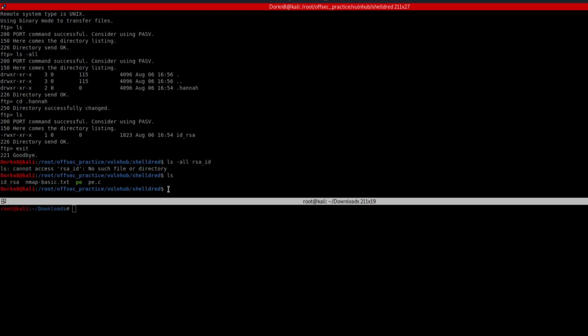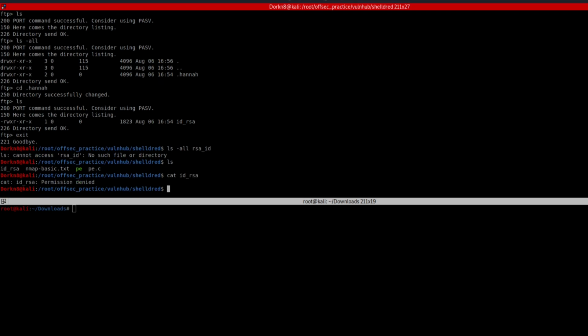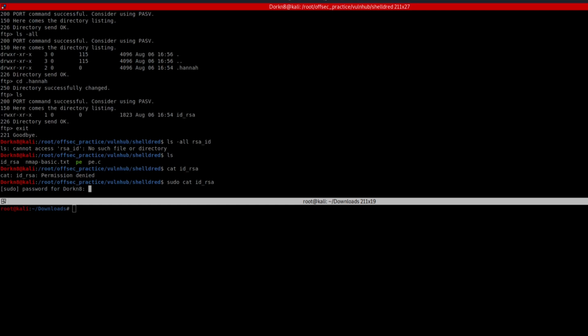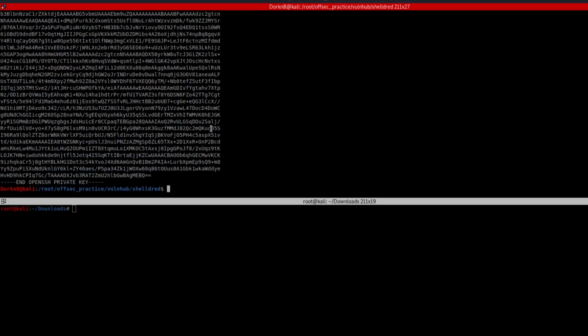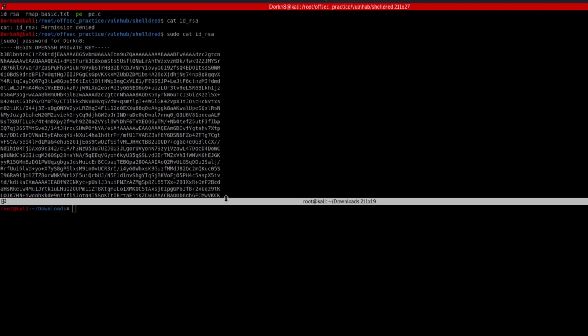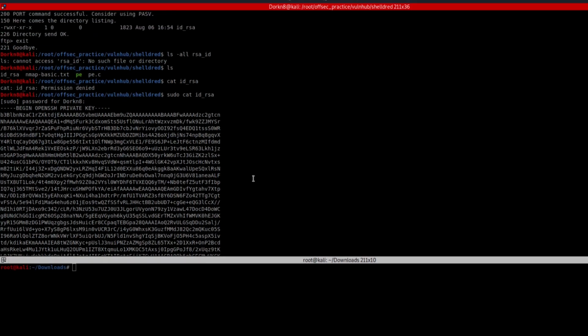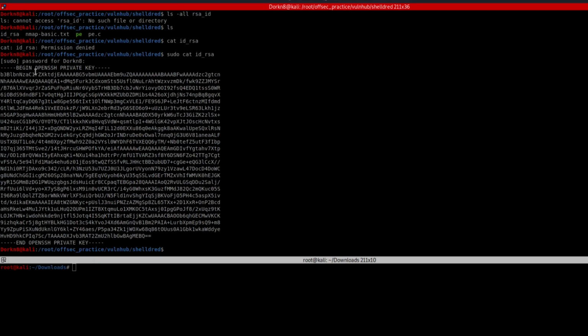So let's see what this file actually is. So here you can see that this is the private key that OpenSSH uses.